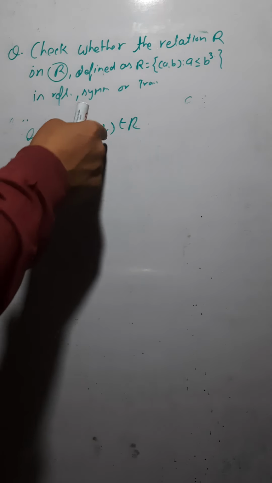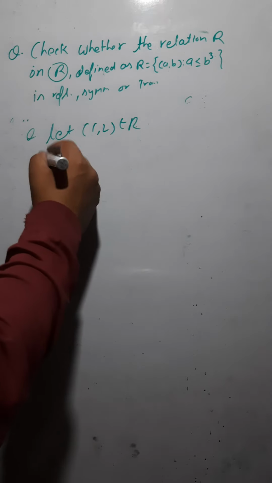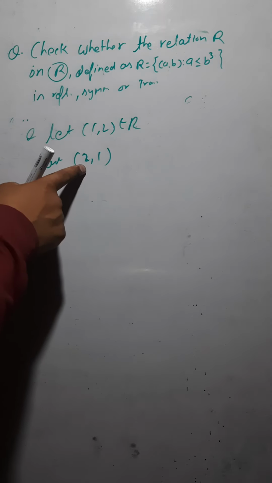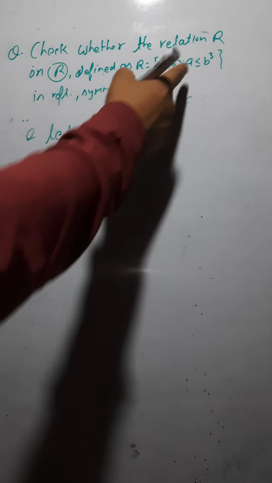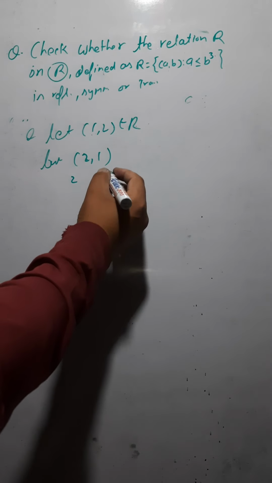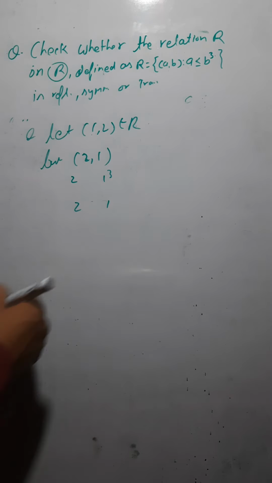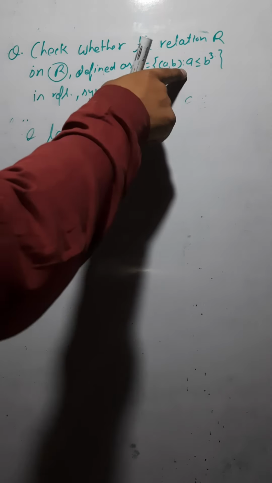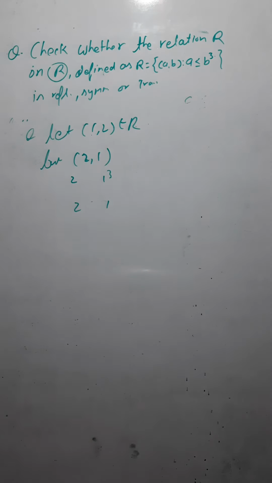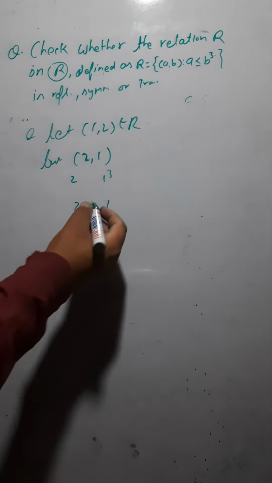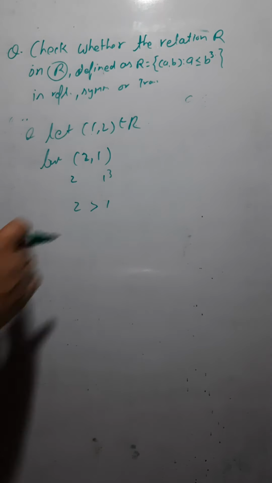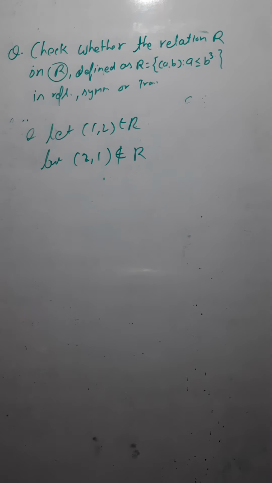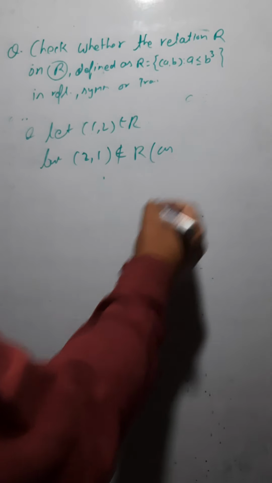Now we would check whether the reverse of this ordered pair is there in the relation or not. If you see (2, 1), clearly you can see that this is not following the condition. Look here, the first element is 2, the second element is 1, so the cube of 1 is 1, so we are getting 2 and 1. Is 2 less than or equal to 1? The first element should be less than or equal to the cube of the second one, but the first element is greater, so it is not following the given condition. It implies that this ordered pair is not there in the relation. You can write in brackets what?